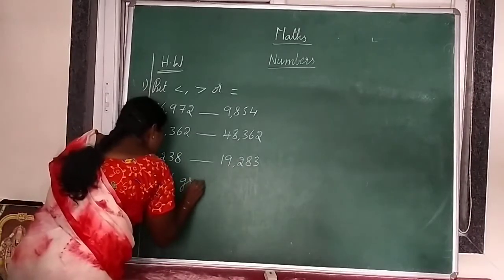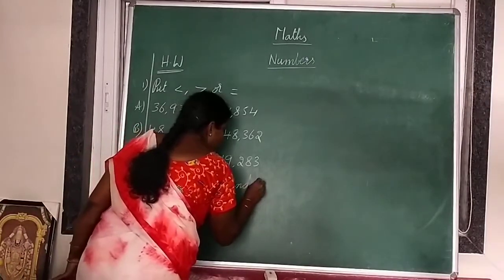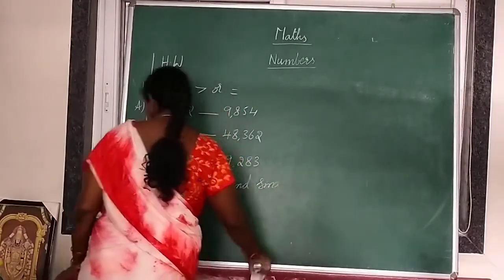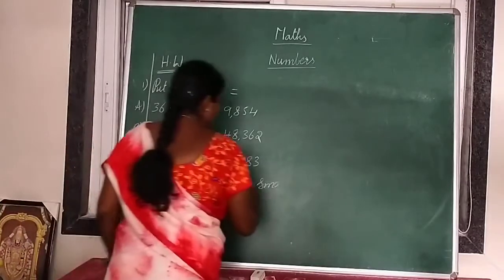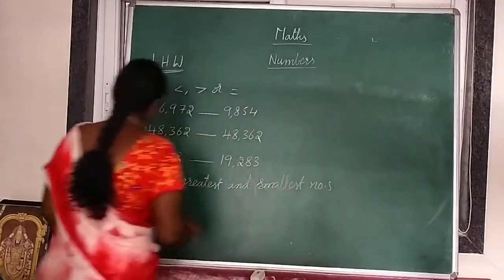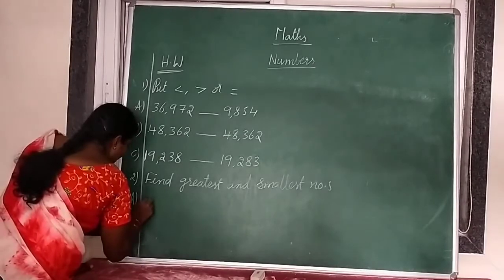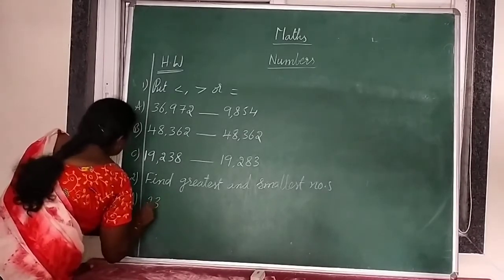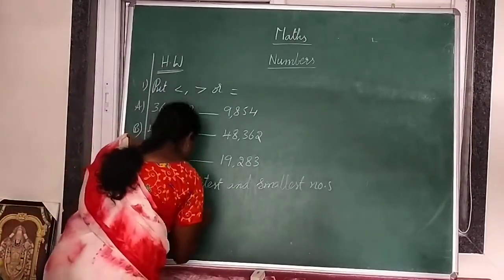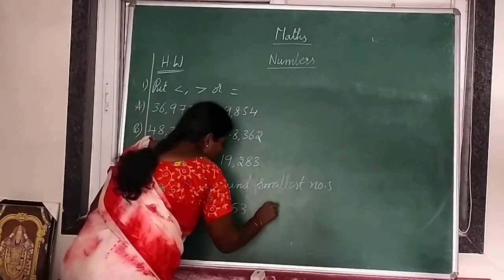And next, find greatest and smallest numbers. Greatest and smallest numbers. 23,296, 9,453, and